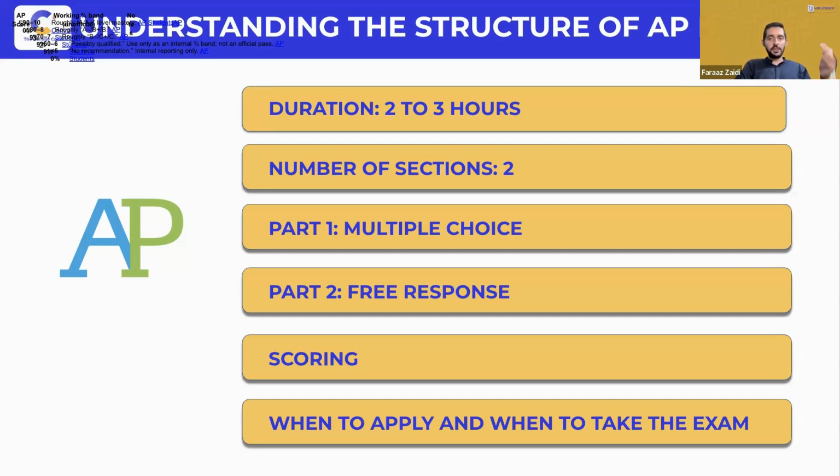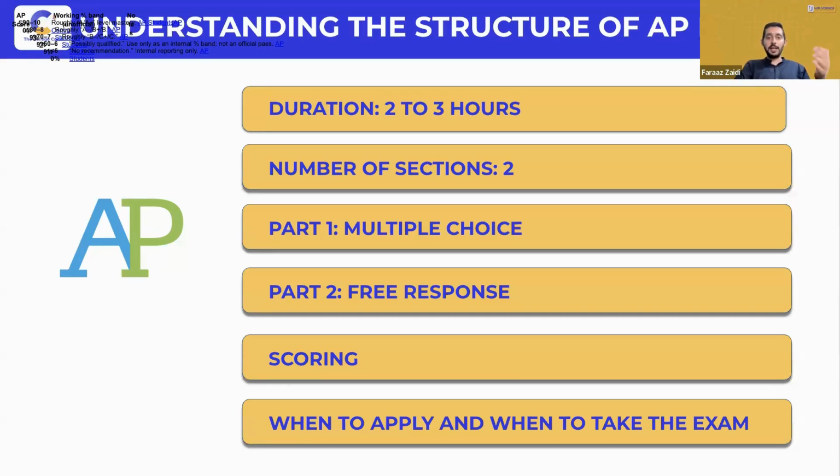A 4 out of 5 is well qualified, normally around an A, 75 to 89%. A 3 becomes qualified, around B, 45 to 74%. A 2 out of 5 is C, which is 30 to 44%. A 1 is no recommendation, below 30%. The least that we expect any student to get is a 3, and we really desire you to get at least 4s and 5s in all of those 3 to 5 APs that we'll be representing.